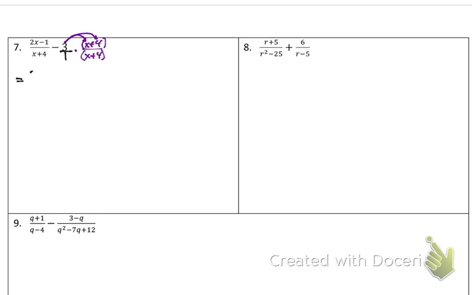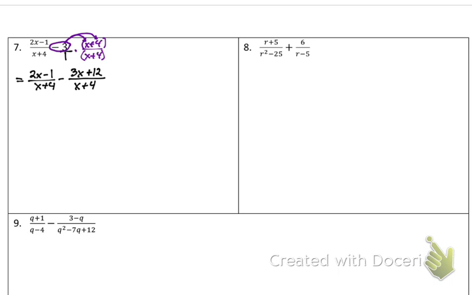So we are now going to have, the first one stays the same, 2x minus 1 over x plus 4. We're going to have minus 3x plus 12, which is incorrect, but we'll hold on to that for a second. I'm telling you right now, plus 12 is incorrect. 3 times 4 is 12. Why is it not plus? Oh, it's negative. It should be a negative 12. Because you should have kept, and I always circle the negative along when I'm distributing something. I need to distribute that negative to both of them. So it's negative